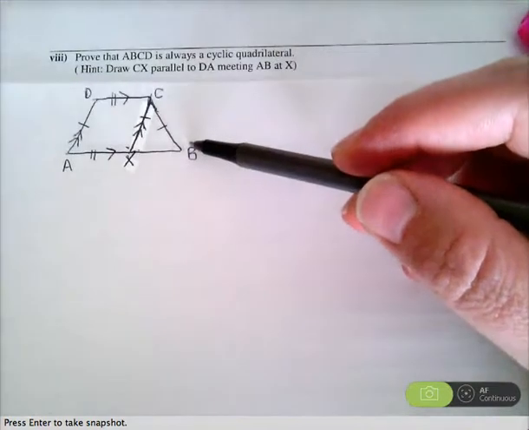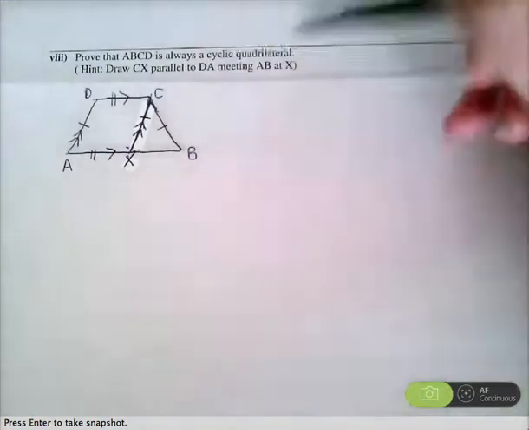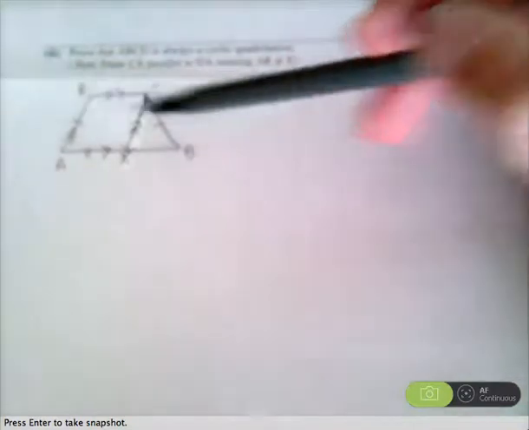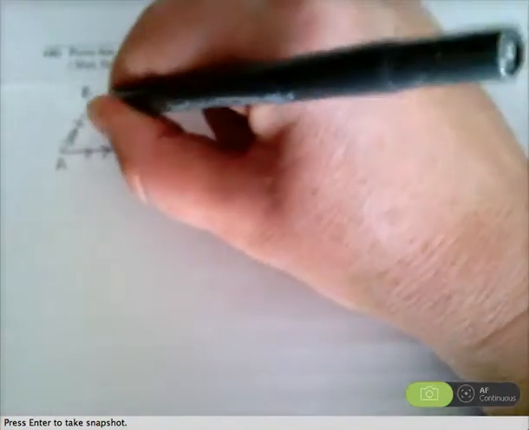Okay, so we're trying to prove that ABCD is a cyclic quadrilateral. So we've got to think whether we can find some opposite angles, supplementary or something like that. We'll just see what we can do. Okay, now if I let this angle here be x, then